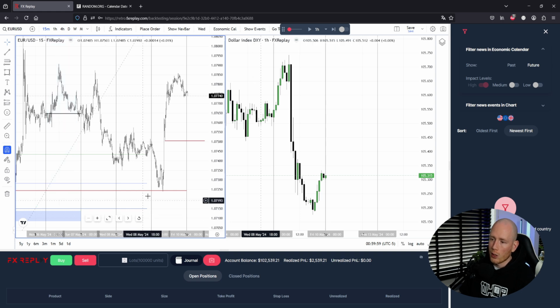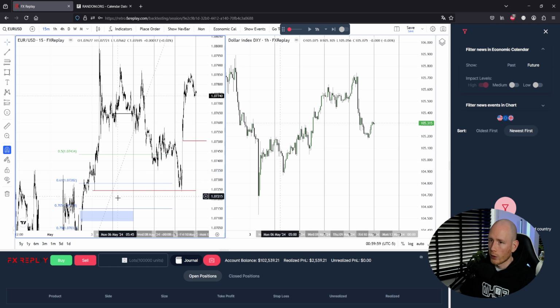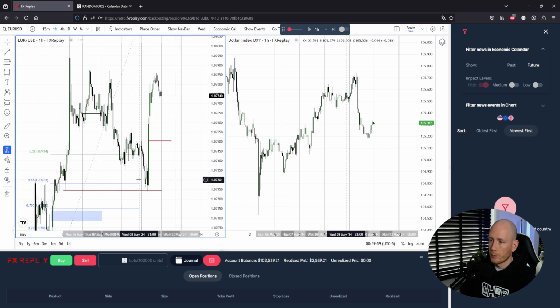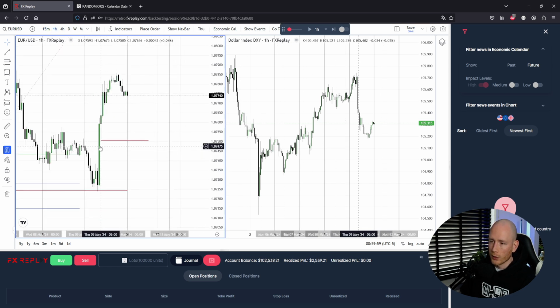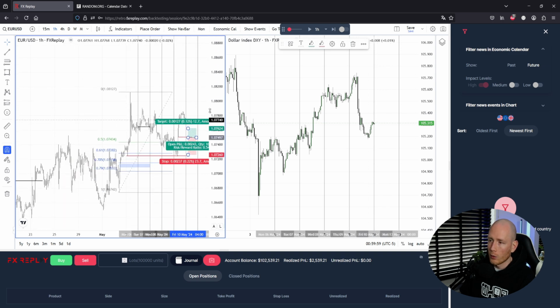And we're gonna change it up because we know this low down here probably will not get tagged. We go to the 1 hour. Is there something here? Yes, we have a breaker here. We have a fair value gap. So this looks like a good area where we can look for a buy. I'm gonna long here, put my stop loss on the OB, and then we're gonna aim for